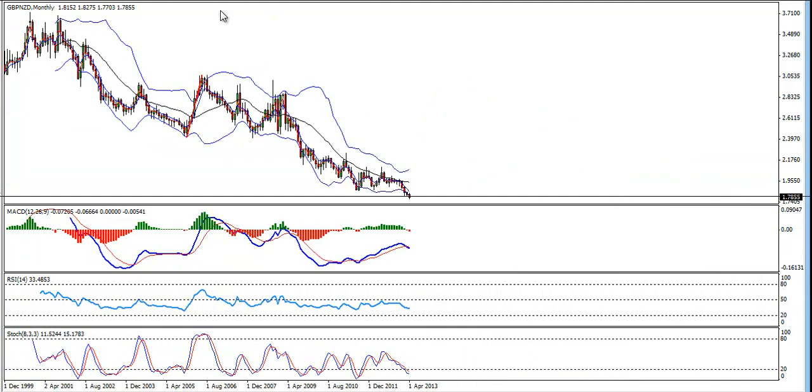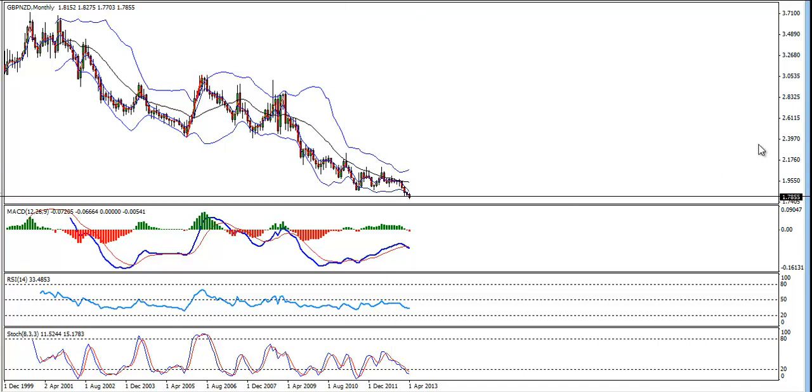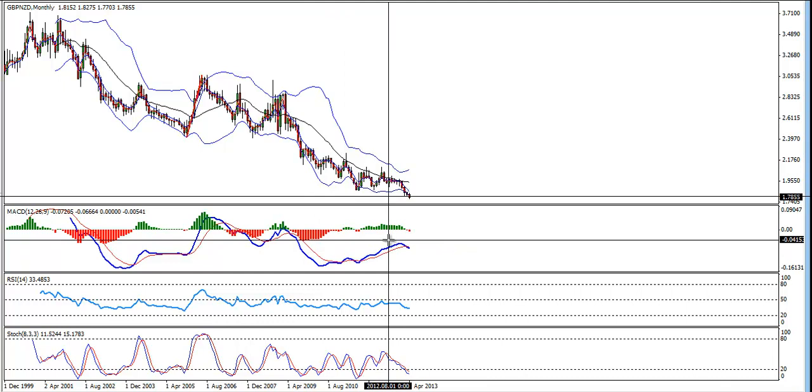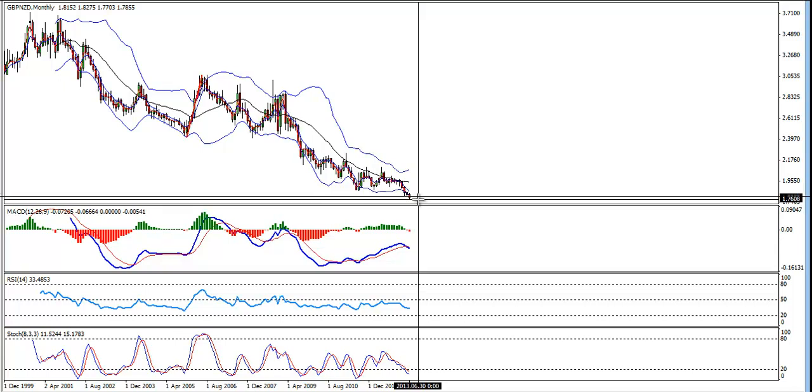Now remember that I'm talking from the perspective of monthly divergence. You see this divergence? This divergence is going to bring something huge. I told you that for several weeks in a row. It could be here. It could be lower, around 175 or even 170. Whenever the monthly chart is ready and completes the divergence, we are going up. All the way up. And this is why I'm sure